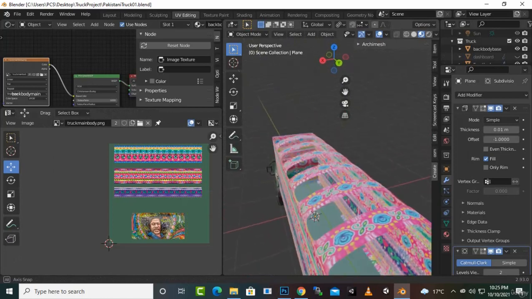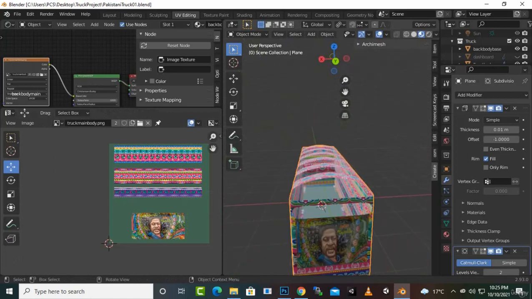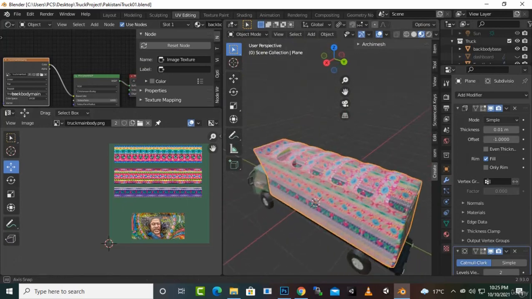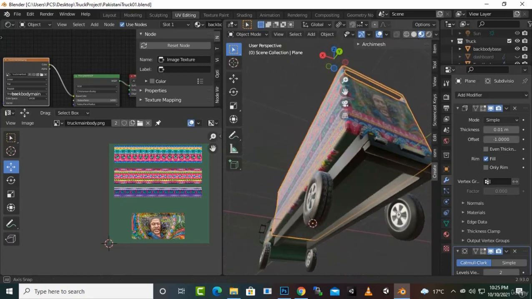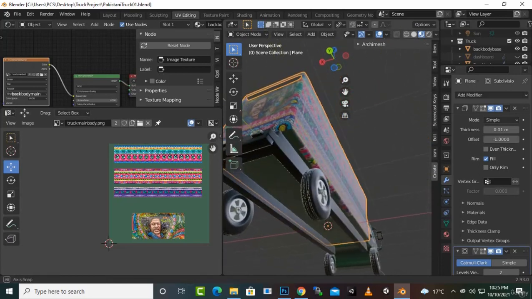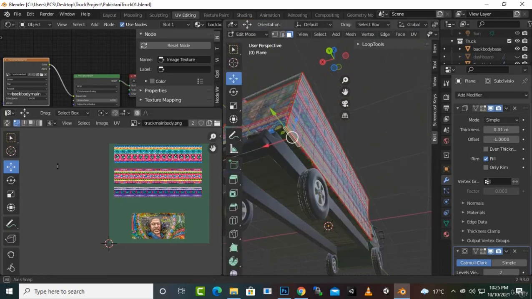Okay, and you can do the same with these sections as well. For some reason we didn't select these sections, that's why they are still colorful. Okay, so if you want, we can select this section as well,